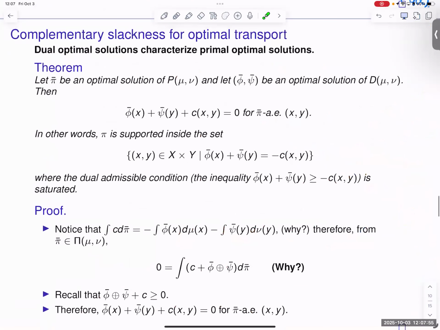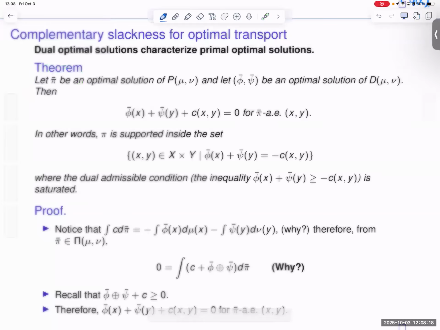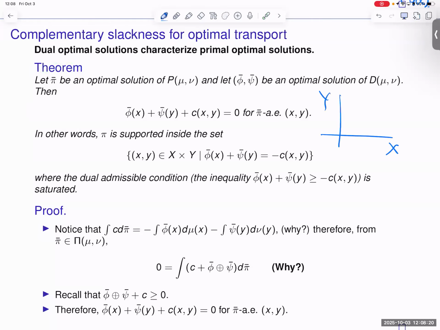Okay, once you have dual attainment, you have a primal solution and dual solutions. I mean, you have the primal optimal transport plan, which we already had. Now we have dual optimal solutions, and these have relations. Namely, the primal optimal solution is a measure on the product space, some measure there